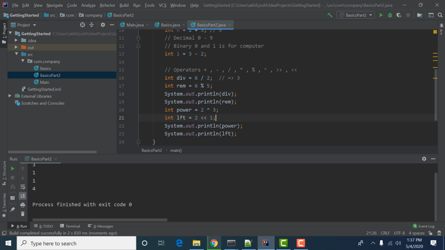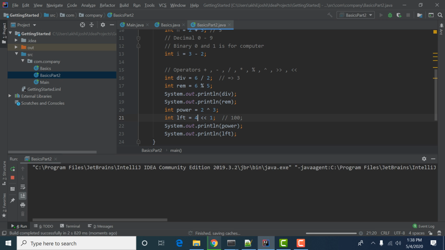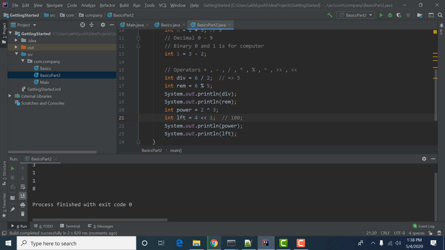Perfect. So this is the left shift operator, shifting the value one place to the left. For example, if we have the value 1 and 0, this operator shifts it one more place. This increases the value by multiplying by 2. If I have 4 here and shift by 1, it will multiply by 2 and give 8.